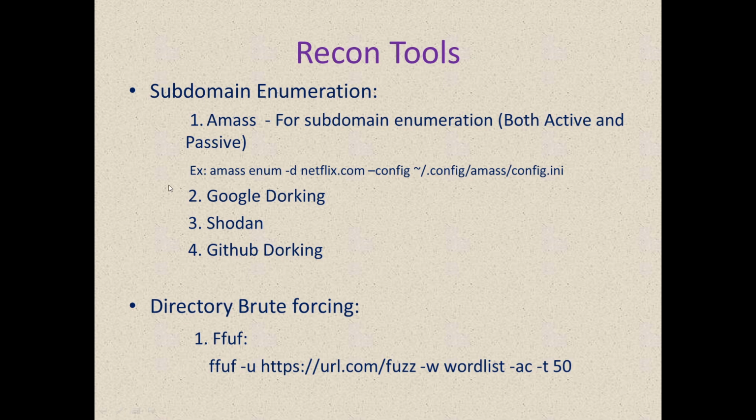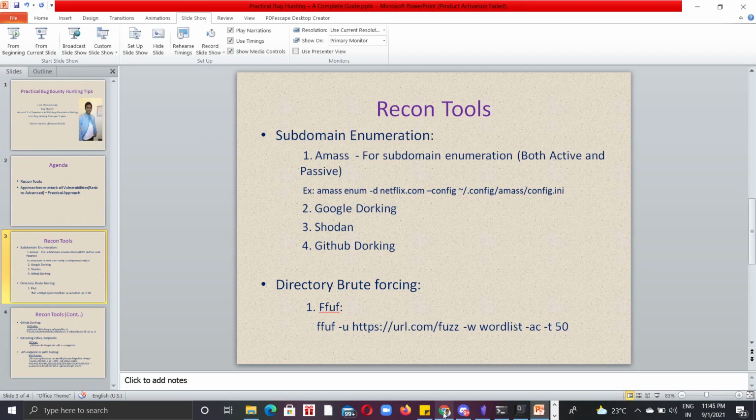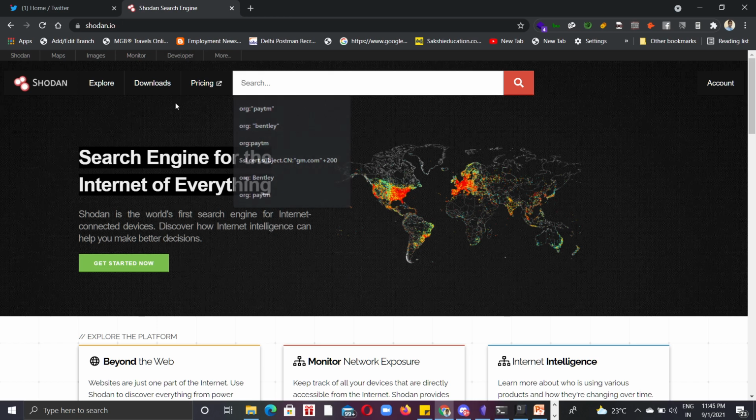Next, coming to Shodan. Using Shodan, you can also try to get some very useful information and try to get some access to web servers. It's a kind of internet search engine where you will have a lot of servers, routers, or webcams which are connected to the internet, right? Those can be searched using Shodan. So let me show you quickly. Let me open Shodan.